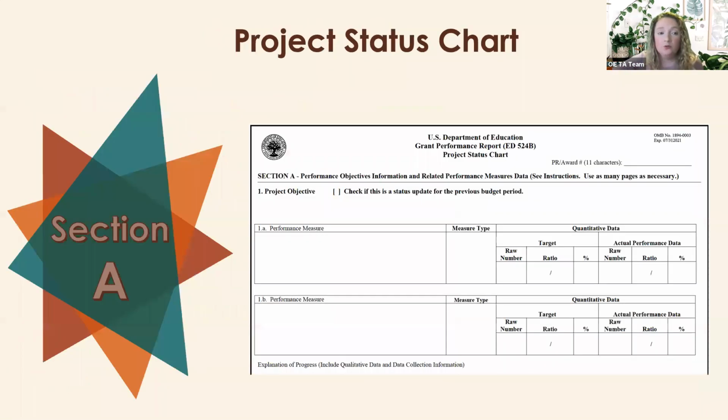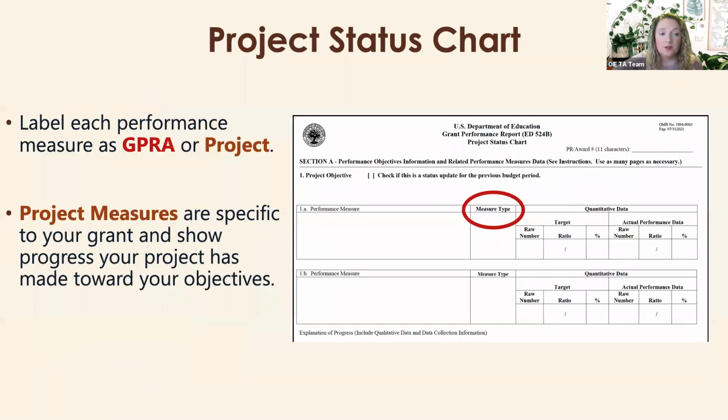Now we'll go to your project status chart, which is section A. This is a separate form. This is where you're going to be reporting on all of your grant goals and objectives. So as we look at this, you're either going to have GPRA objectives or project objectives. The GPRA do not change. They are always the same. We'll review those, but you'll want to know which ones are your GPRA and which ones are your project specific measures. Those are the ones that you determined when you started your project and that you've been reporting on,